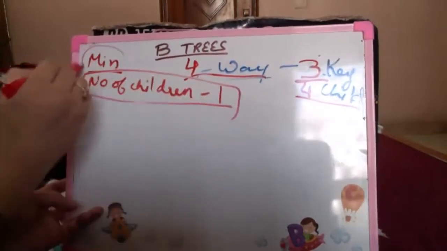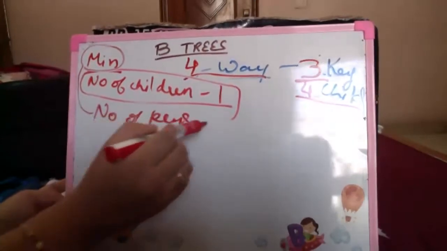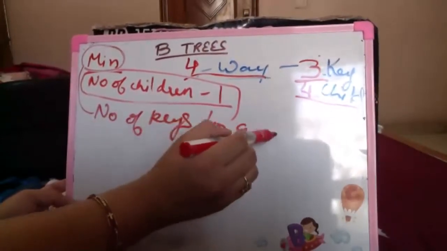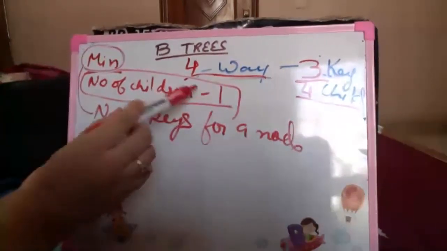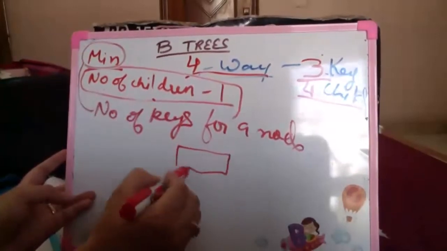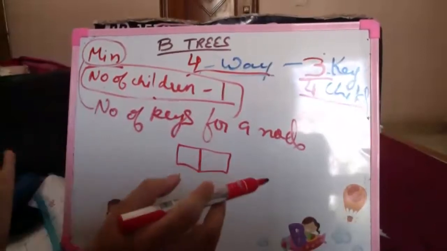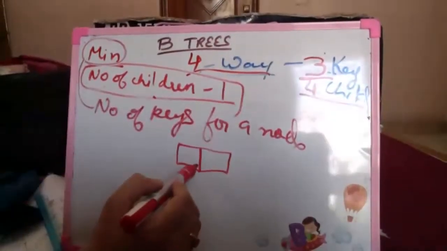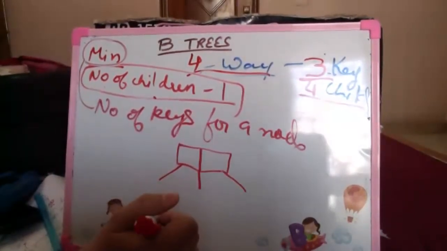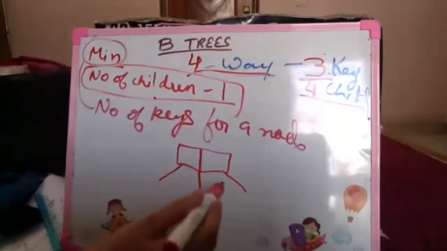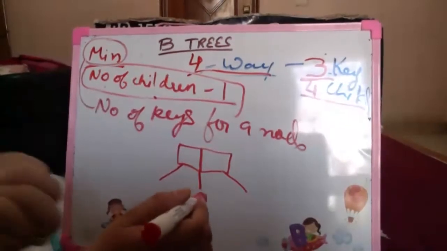Minimum number of keys for any node at any given time is the number of children for that node minus 1. So in case I have a tree in which a node can supposedly have 3 keys, but it has only 2 keys right now, then the maximum number of children it can have is 3. It cannot have 4 children, because where would I put the 4th child? How do I bifurcate where the 4th child lies?